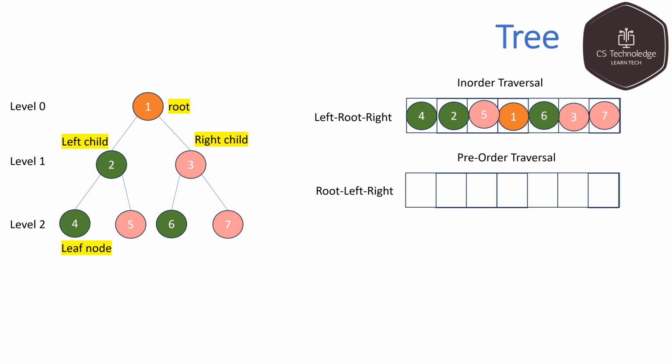Similarly, let's check what the pre-order traversal is. For pre-order traversal, the format is root, left and right. What it means is that first we need to register the root at every place, then we visit the left side, then we visit the right side. So to begin with, we'll go ahead with the root, which is nothing but 1, then followed by the left